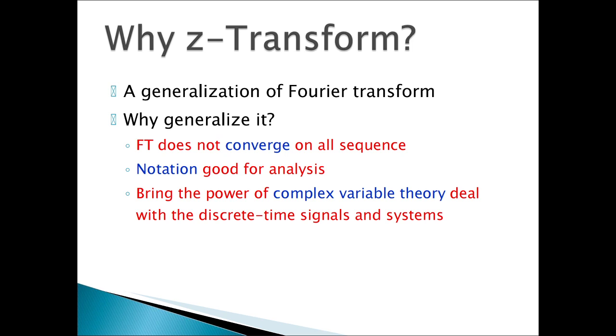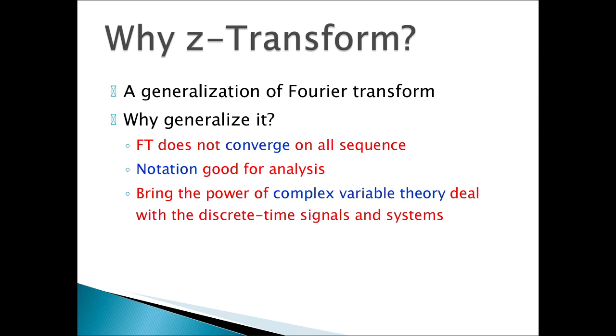Then why do we have to go for a generalized Fourier transform? Because if the response of a linear time invariant discrete time system is a difference equation, then it will be very hard to analyze that particular response of the system. Then we make it simpler by converting it into the Z domain. The Z domain is nothing but an algebraic equation. So that is why we are going for the generalized Fourier transform.